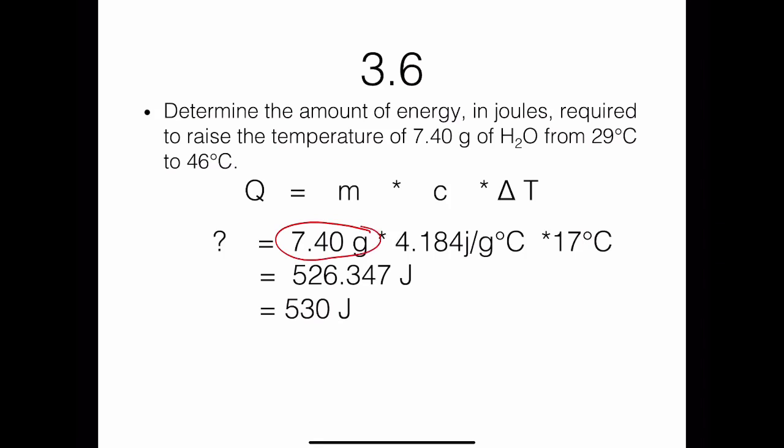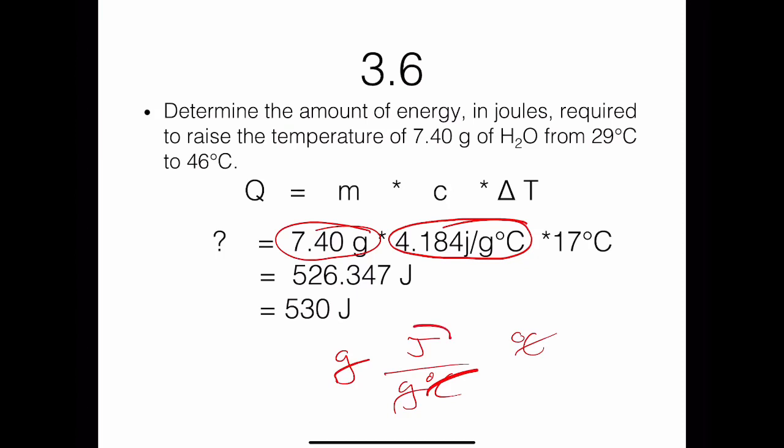So this is our M, 7.40 grams. This is our C, and notice I haven't done anything weird with the units here. All I've done is plug in that number and the units stay the same. We know the units cancel out because if we arrange it in this way, we have grams, we have joules per gram degree Celsius, and then we have degree Celsius. We know all of these are multiplied together. We know degree Celsius cancels out, and we know grams cancel out, and we're left with joules. So we have our change in temperature. Once we put all of these in our calculator, 7.40, 4.184, and 17 degrees Celsius, all we're doing is multiplying because all of those are in the numerator anyway. We get the number